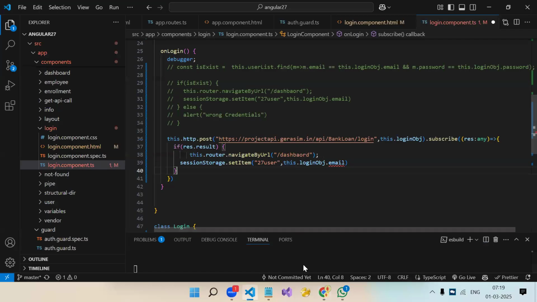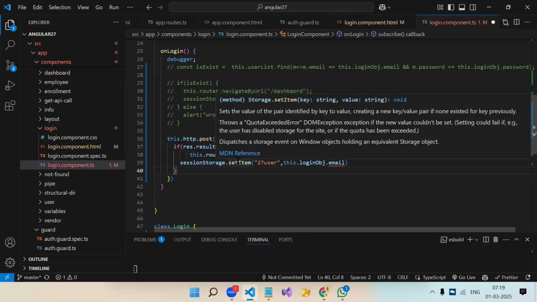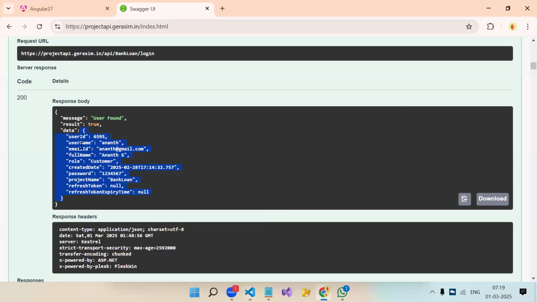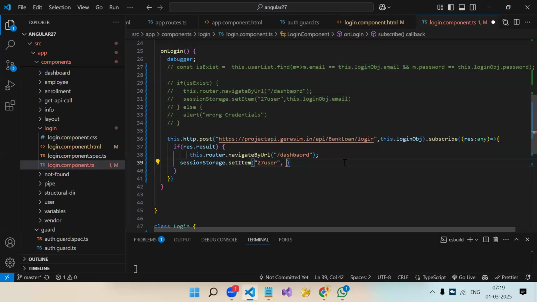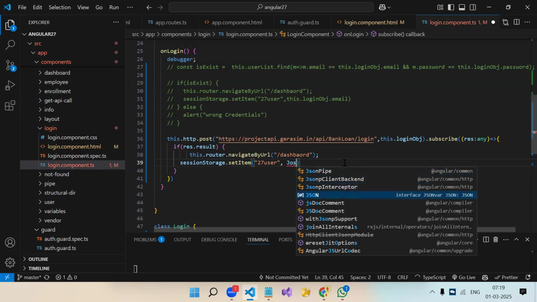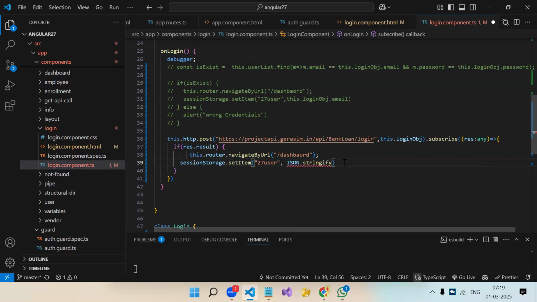So now, what type of data can we store in the session storage or local storage? String only. But what do we have? An object. We cannot store an object directly. So we have to convert it into string format. How do we convert an object into string? By JSON conversion, stringify, JSON.stringify. And here we will pass result.data, because in data we are going to get the object,